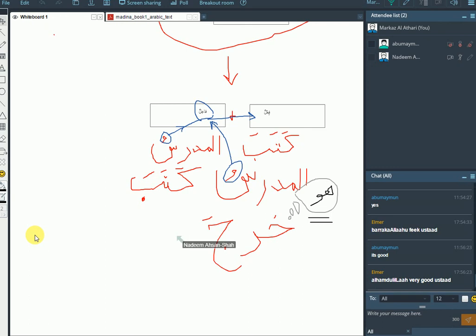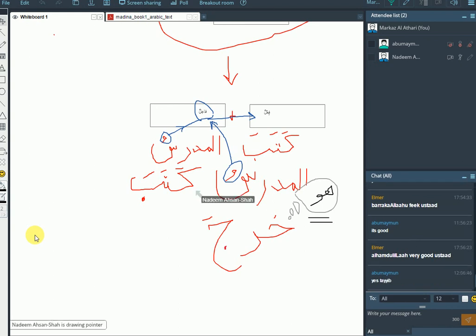I think I've done enough talking for today, and we've got to a good point where we've identified the fi'l and the fa'il, what it might look like, and we've broken down the language, generally what it looks like. And next class, inshallah ta'ala, we're going to be continuing with this introduction. It'd be nice if we have this very same image available on the board next time. I don't know if that's possible.